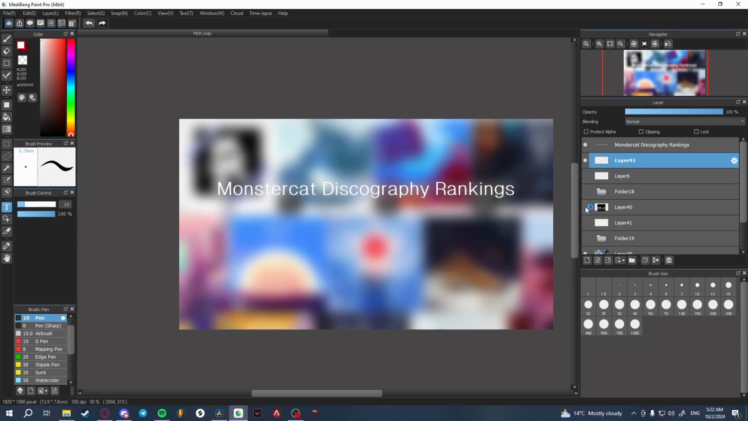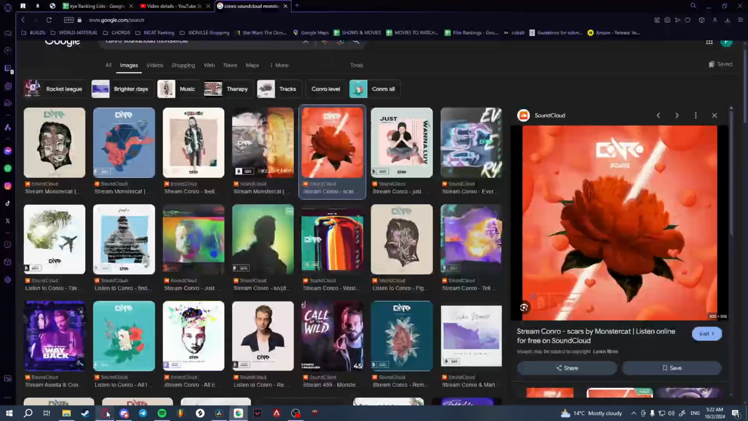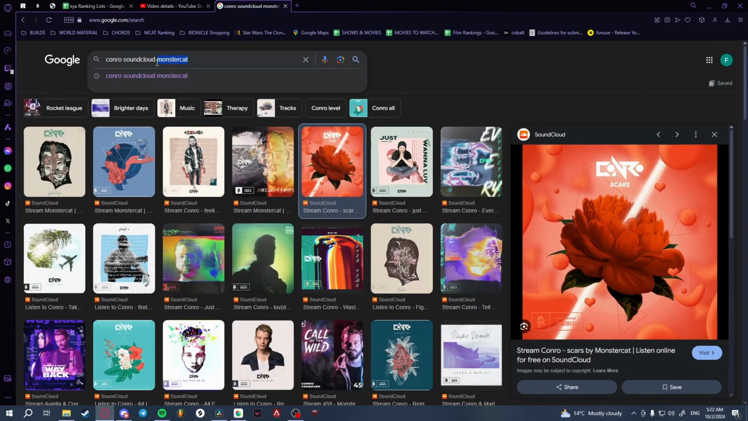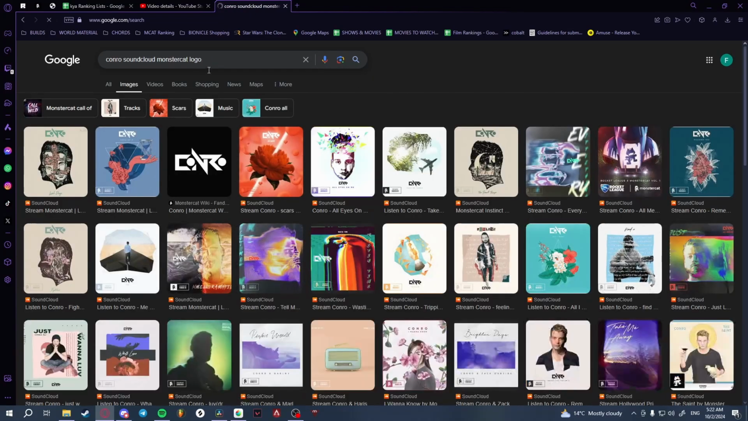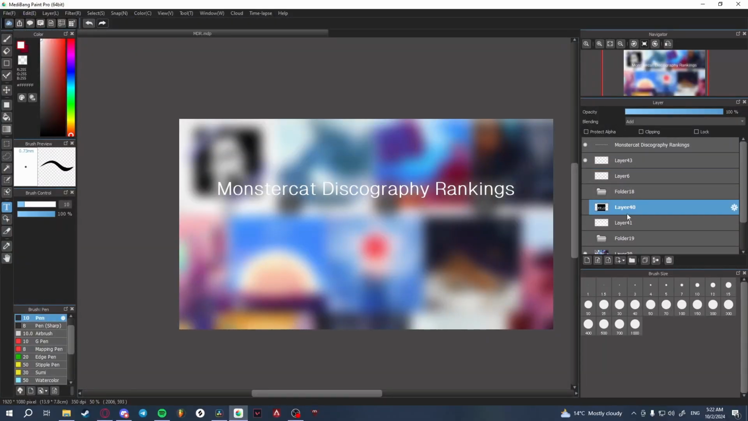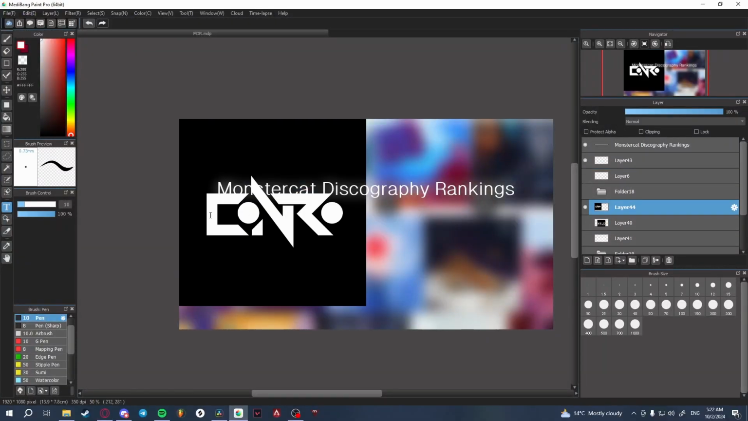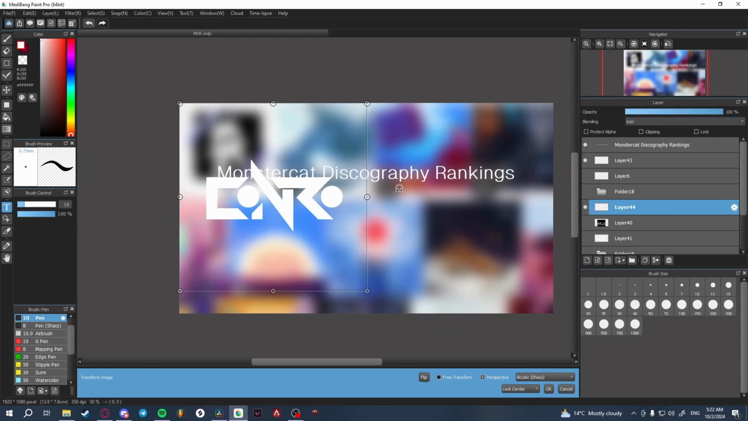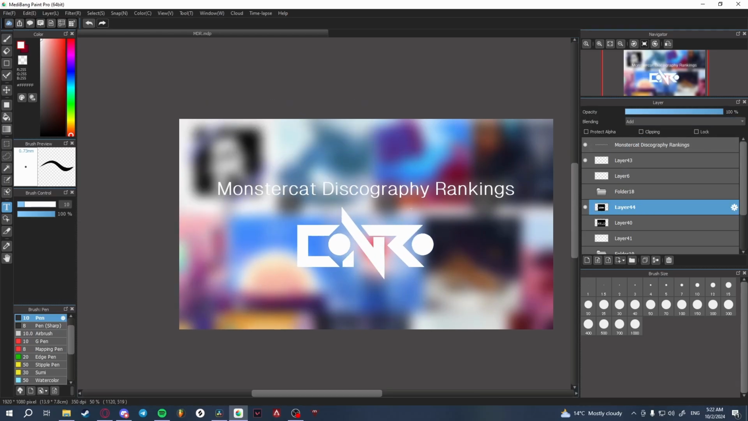And then what you're going to do is you're going to go back and you're going to search logo. And usually the one you're going to look for is Monster Cat Wiki, and you just copy that. And for example, this one, it's got a black background. All you need to do is you need to go to blending and then add. As simple as that. You move that, put that in position, and then you grab your pen, put the brush up to about 30,